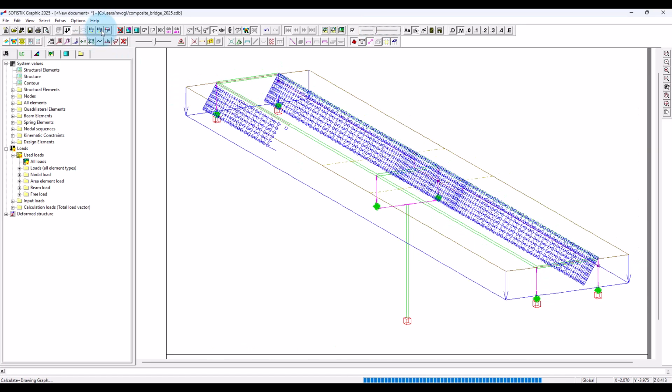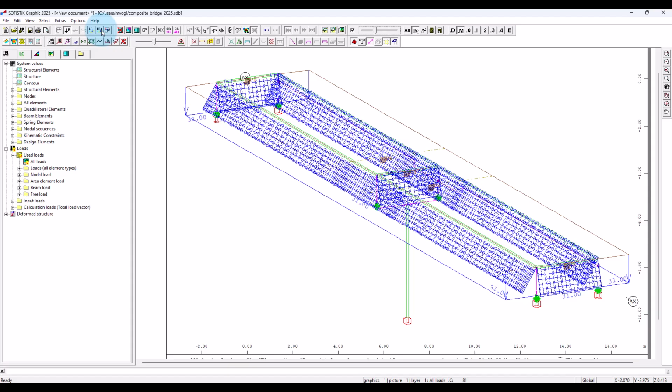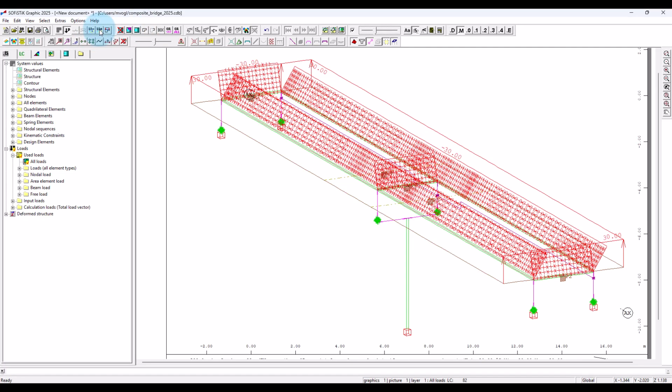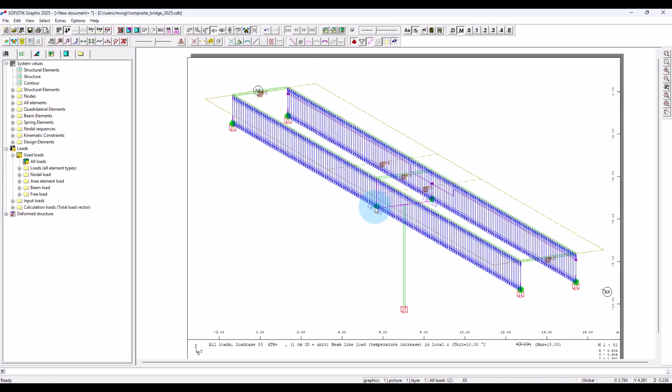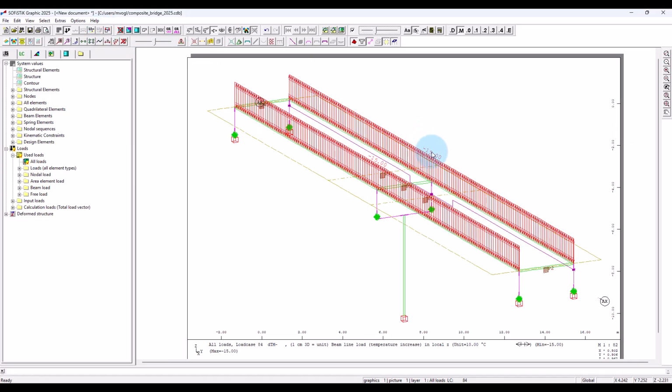Here is also fine. Temperature +31, the slab, and in the beams. Same for the contraction, so -30 degree. And then we have a linear temperature distribution of +18 at the main girders, and then -15 for the next load case.